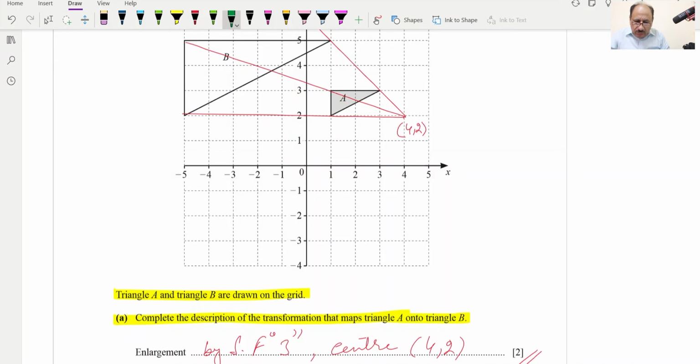Y is equal to minus x. Like x is equal to 1, y will be minus 1, so we can take this point, and x is equal to minus 1, y will be 1, so we can join these 2 points and we will get the line of reflection, and this will be the line of reflection. Now we can draw